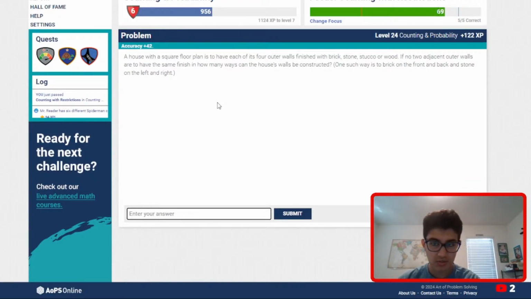So when you're looking at it, the first side can be anything, right? It can be literally anything. So there are four options for that. Then the other two can't be that. So they have three options each. If both of them are the same,